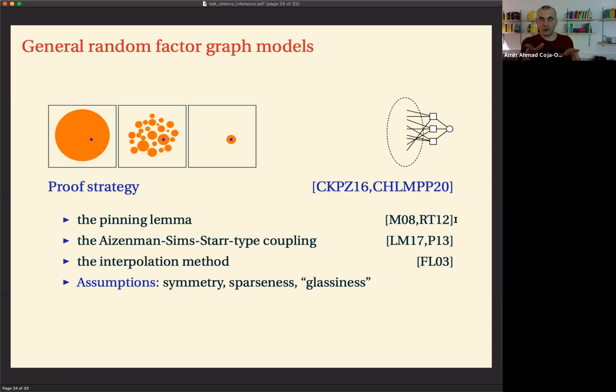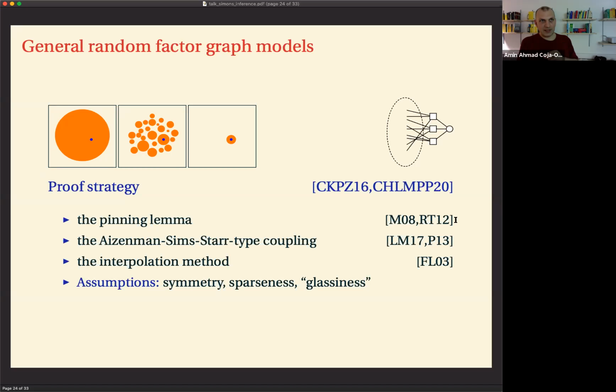So what Joe wrote in the chat is part of the answer. So obviously, if you only want to compute the free energy, then you only care about a constant fraction of the measure. That's certainly correct. But this would also be correct in the presence of replica symmetry breaking. So you might think that you could just basically steamroll replica symmetry breaking and always only work with replica symmetric problems. But that's not true.